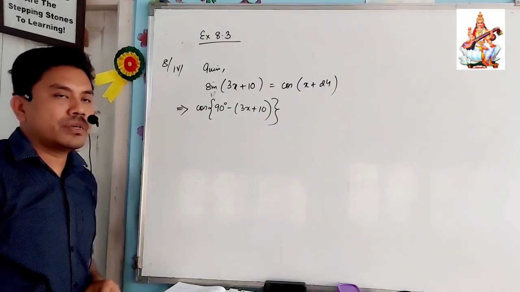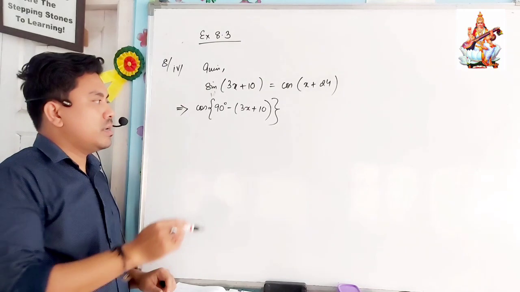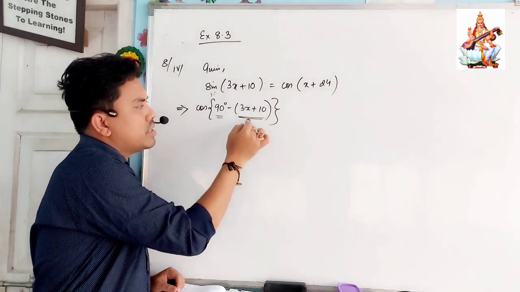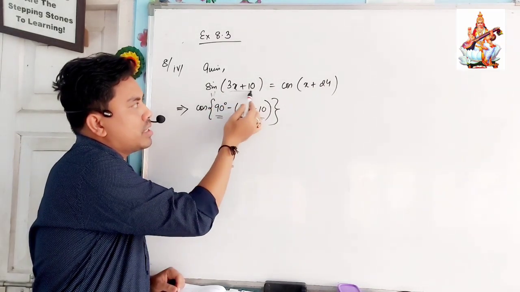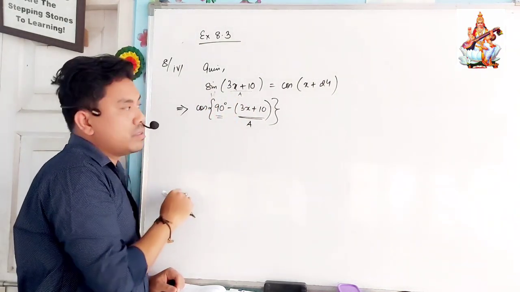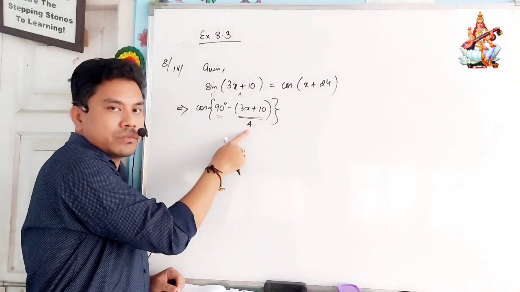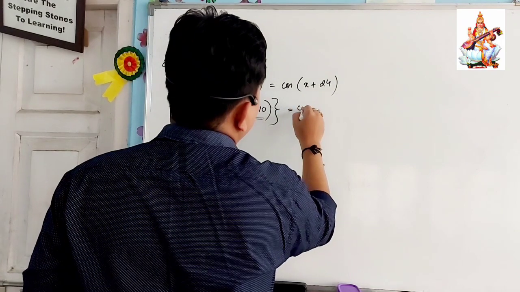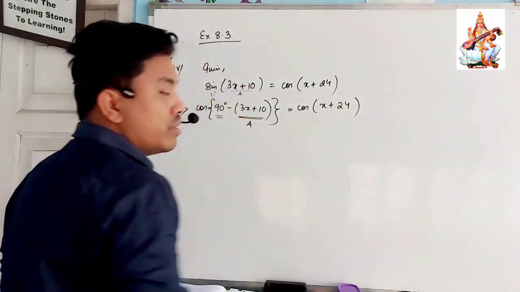Cos of 90 minus 3x plus 10 will give you sin 3x plus 10, or not? Isn't it? 90 minus a. Let us consider this whole as a. If there is cos 90 minus a, then it will turn to what? Sin a. Understood? So sin a can be written as cos 90 minus a. Is it clear? So the other side will be the same. Don't change it here. If you change it, then your whole life you will be going on changing and your solution will not come out.